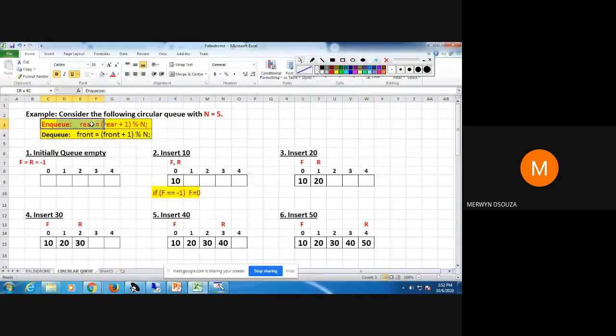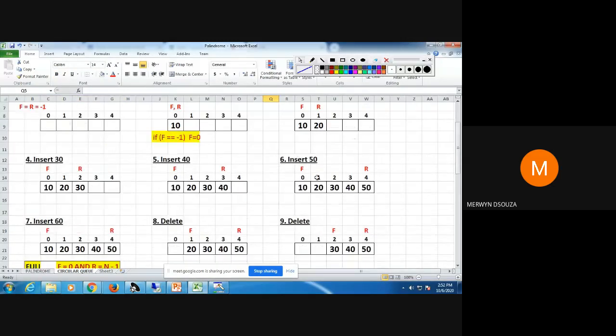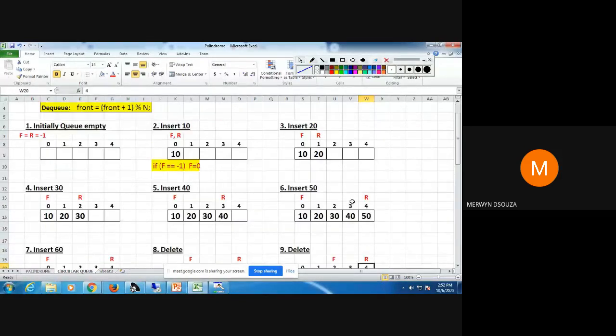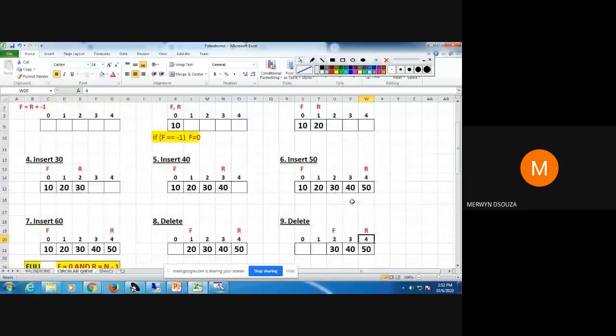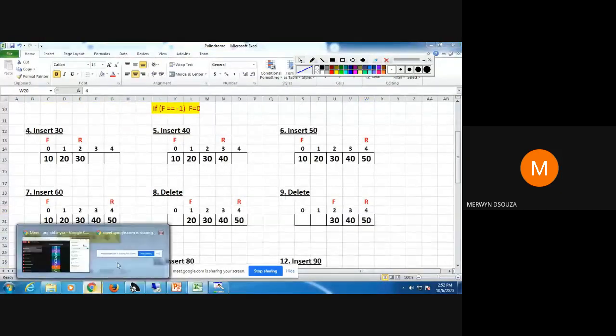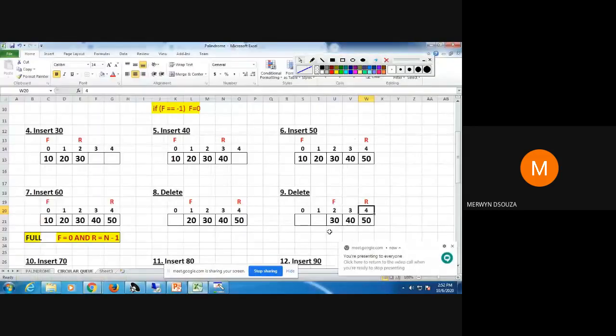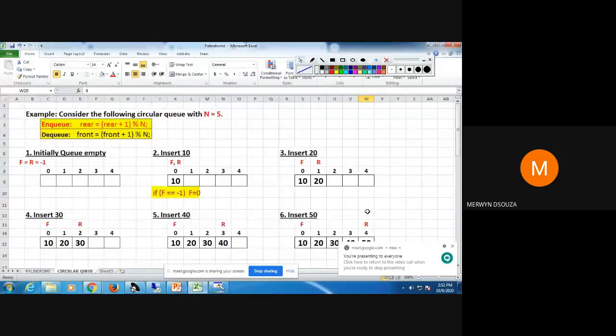The present value of rear is 4. So apply this formula and tell me what will be the new value of rear. Type in the chat.